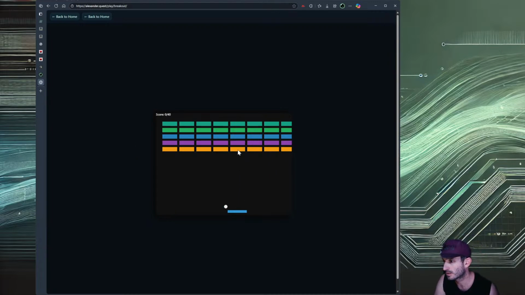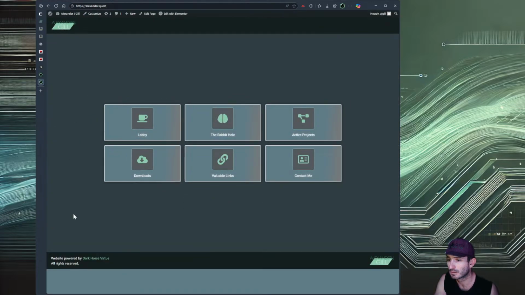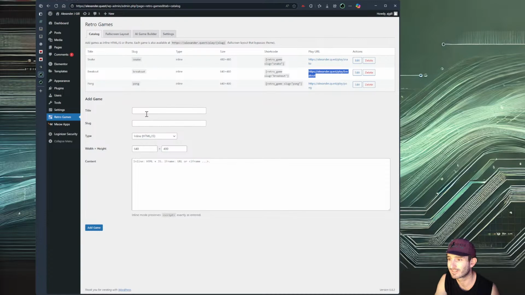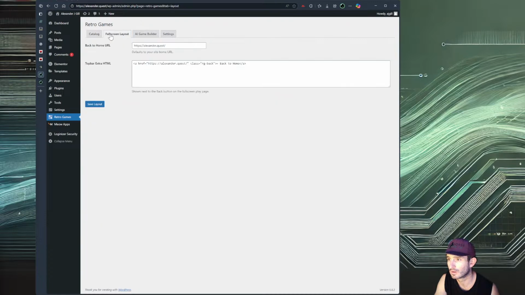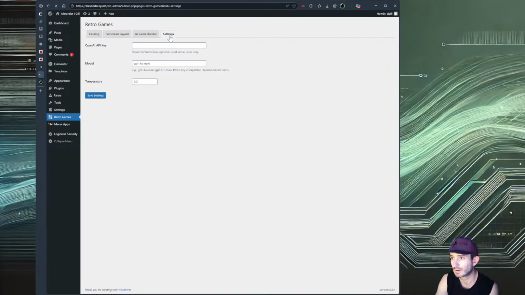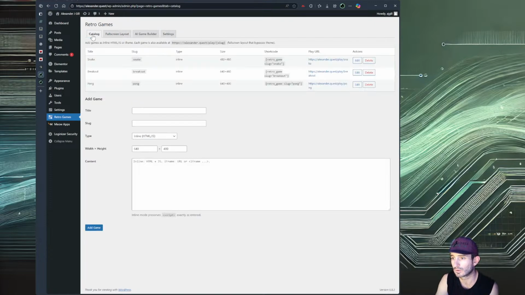Now, it's still getting cut off. And I think that's the... Oh my god, it worked. That's so cool. Full screen layout. I don't even think this is necessary. Alright, so almost perfect.